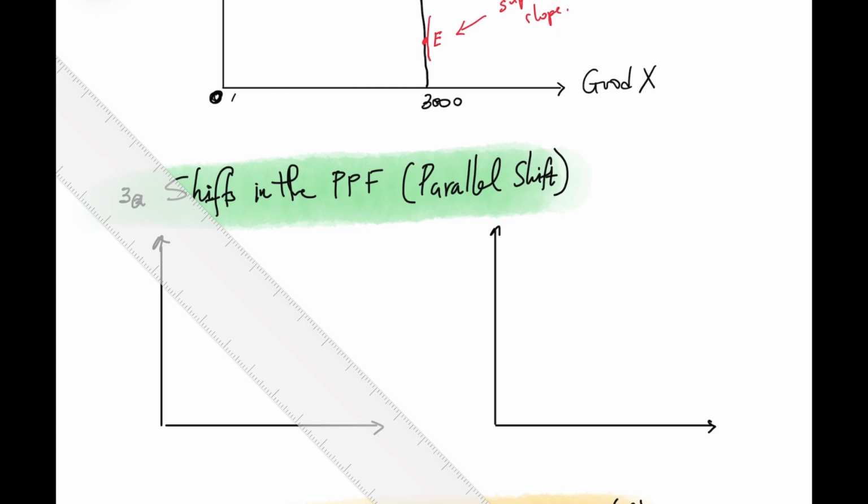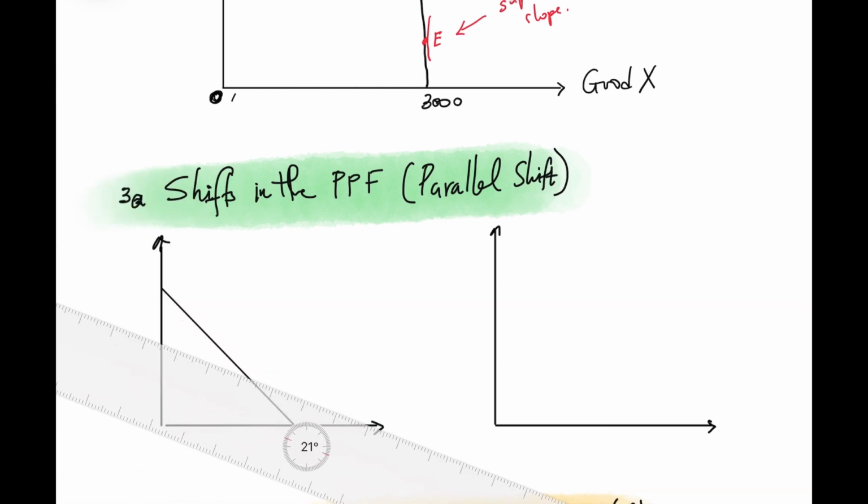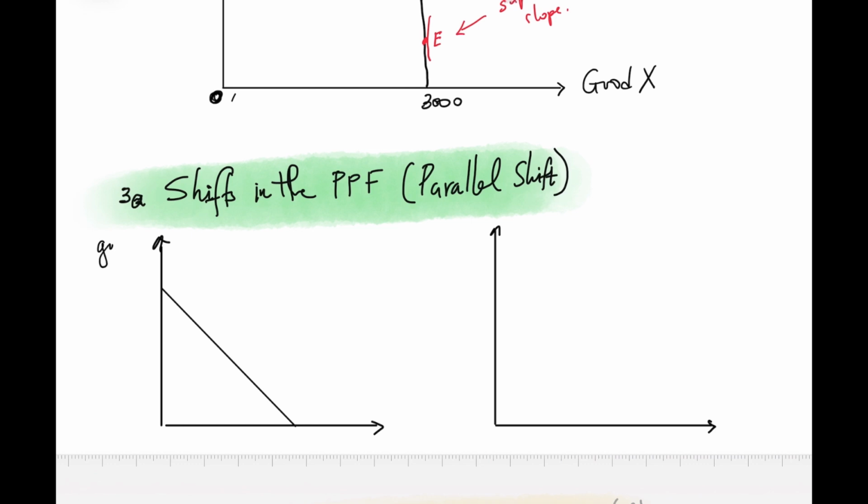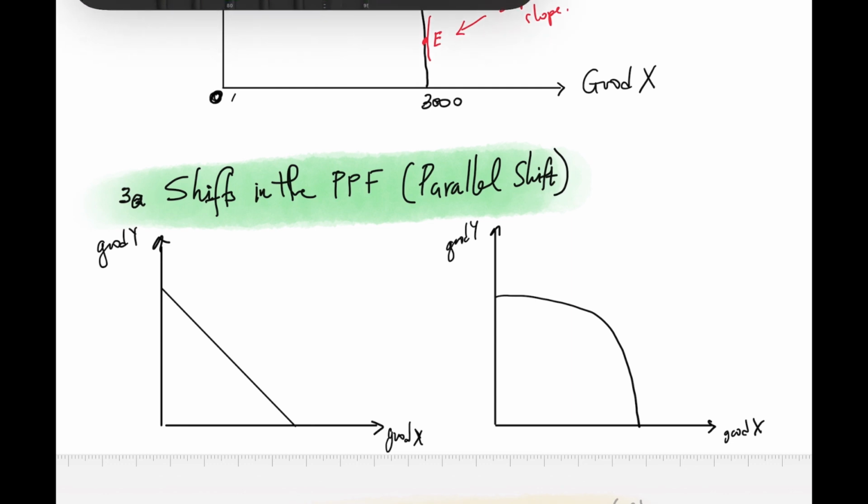So using my ruler and color black, here I have good Y, good X, and just to keep things simple, good Y and good X. So here goes my bowed-out PPF. Okay, with the linear PPF,